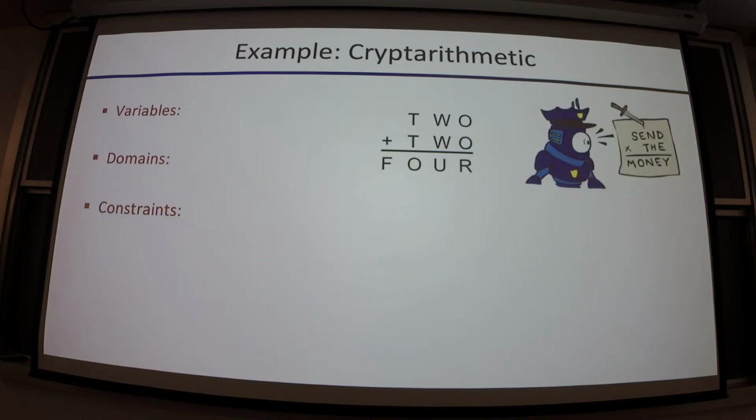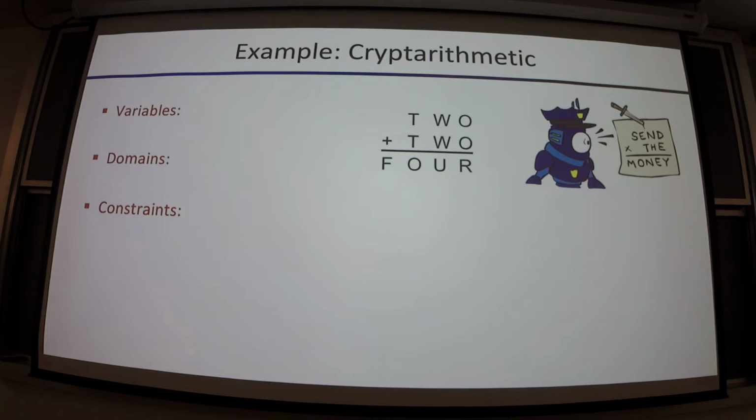Okay, here's another example. This looks a lot different. Has anybody seen cryptarithmetic before? The idea is that you have these variables. Each of these has an integer value. They're different if they're a different letter. And you want to make the math work, right? So we're trying to add TWO and TWO and get FOUR, where each of these letters is an integer value that you don't know. We're trying to solve it. So what would our variables be?